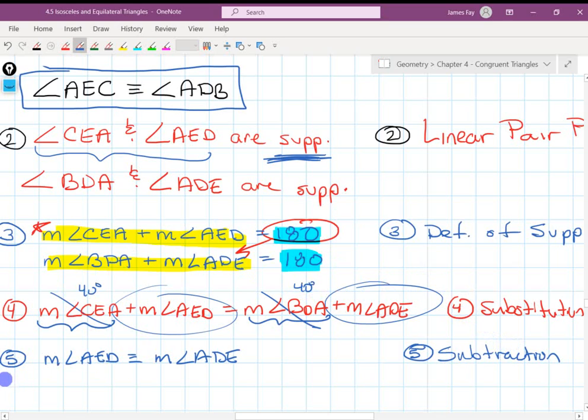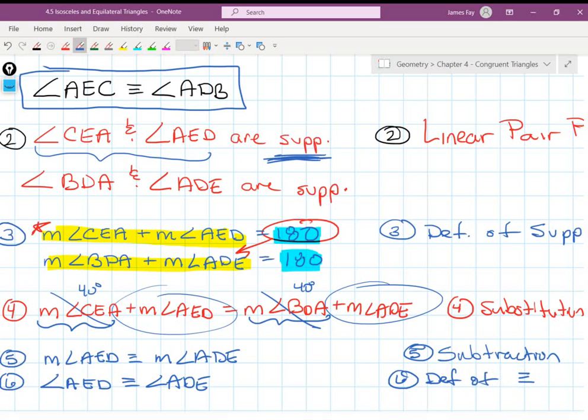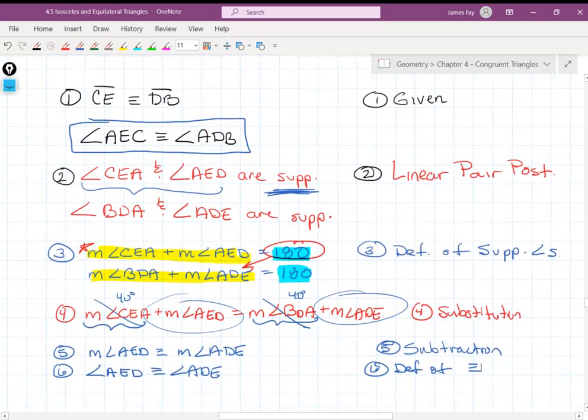So now, this is usually what we do when we have equal measurements for angles. We just jump to say that the angles are congruent then. And the reason will be definition of congruency. Okay, so